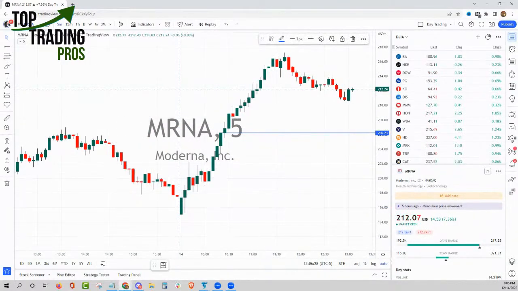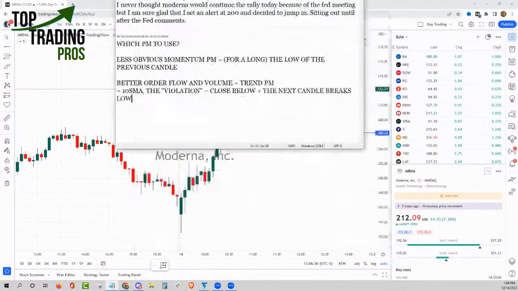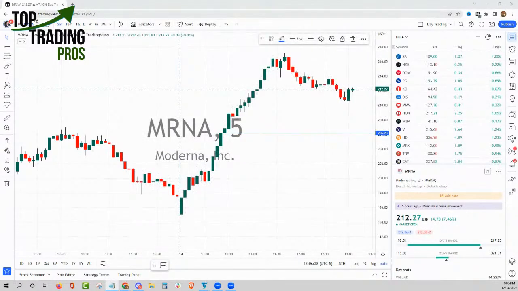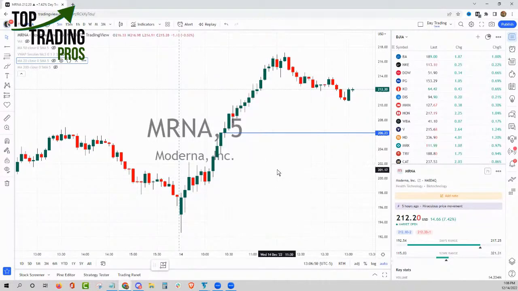So at this point, it would not be the momentum profit maximizer. It would be the trend profit maximizer because you want to maximize when the juice is on the trade, when there's plenty of stuff going on in the idea. So in this case, we'd have the 10-period moving average in here. So I'm just going to bring this in here. I'm going to make this 10, and we're going to walk through what the exit would have been on this